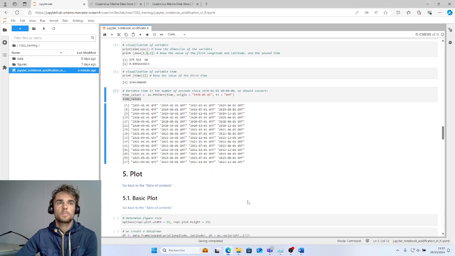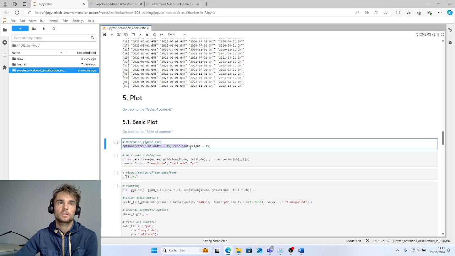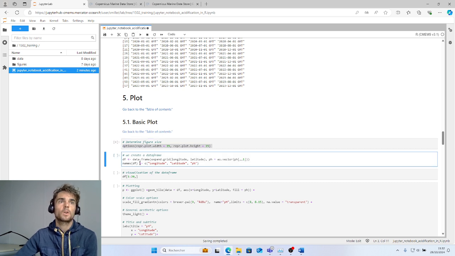Now we will plot a variable. First, here is an option to determine the size of the figure. We run this cell. Then we create a data frame.